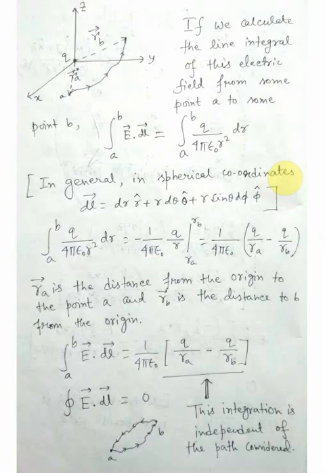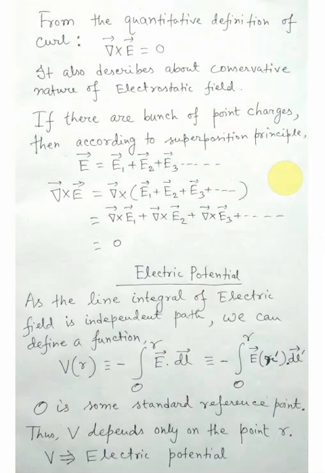So till now we have understood the quantitative definition of the curl of an electric field. Rather, we should say electrostatic field, because by Faraday's induction law we can also generate an electric field by an induction procedure, but there the curl of the electric field will not be 0, because that is not an electrostatic field. So whenever there is an electrostatic field due to a static charge, the curl of that vector field will be 0.